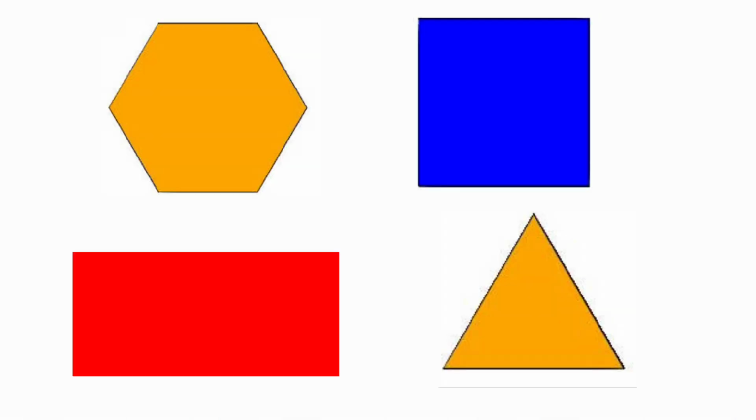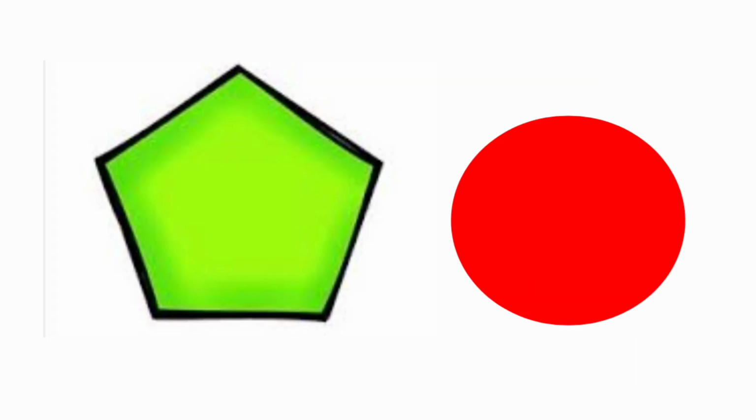Yes, we have seen different types of patterns made by different shapes. Look children, we can make a tiling pattern by using these shapes. Yes, we know that these shapes fit with each other without leaving a gap, but we can't make a tiling pattern with these shapes. If we use these types of shapes to make a tiling pattern, they will not fit each other. This shape will make a gap.